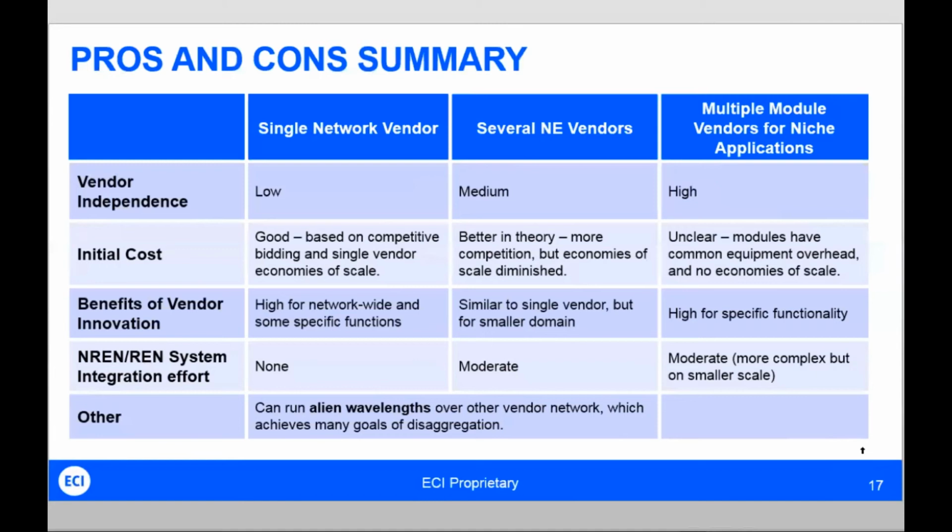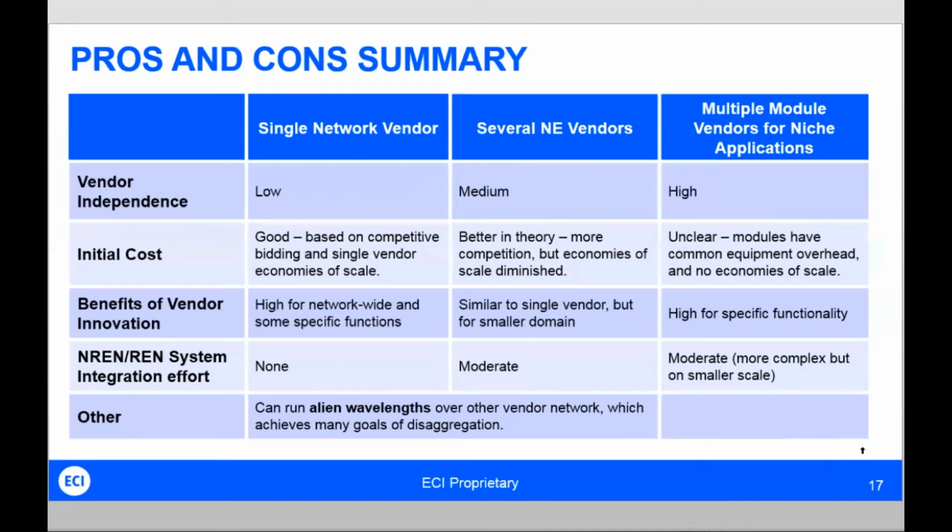In terms of vendor innovation, for the niche applications, if you can really pick and choose what you're looking for from a particular vendor, say in terms of getting the highest level of link performance for a DCI application or the most number of links to route under a ROADM, well, then you can really go out and pick the best vendor for that particular job.